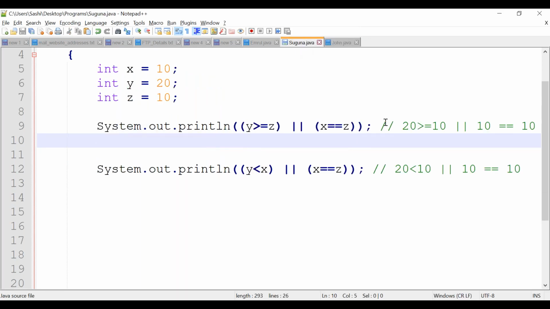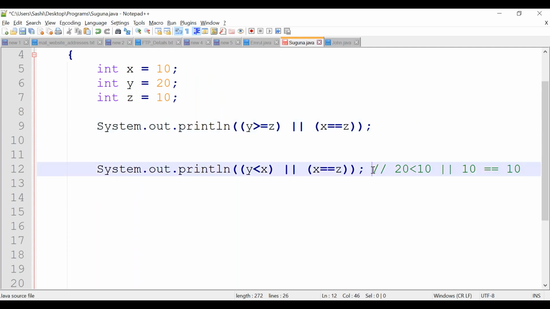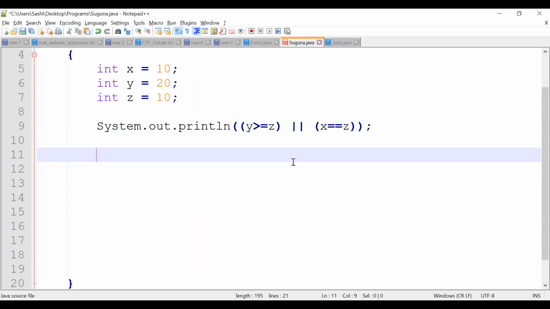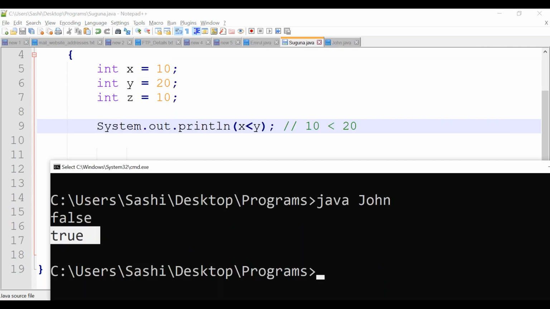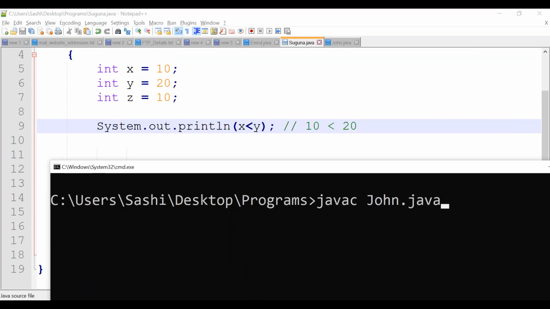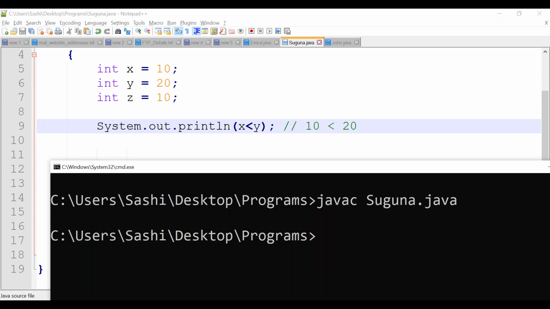Let's play some more things. See what I am using. Let me go with it like this: X is less than Y. So is that true? X is 10, which is less than Y, right? What is Y? Y is 20, right? Let's recompile. Compilation is success.